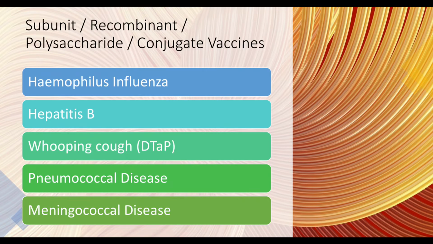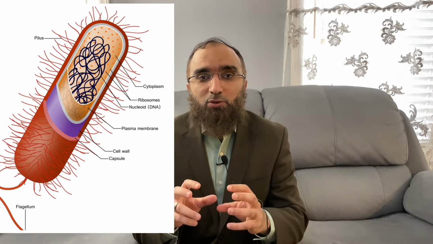They include the Haemophilus influenzae vaccine, the hepatitis B vaccine, the vaccine for Bordetella pertussis protection, which includes protection against the whooping cough. Some of these vaccines can also be conjugate vaccines where the protective component of the vaccine is conjugated to some other protein. They also include vaccines which include components of polysaccharides or capsules, which are the surface structures of some